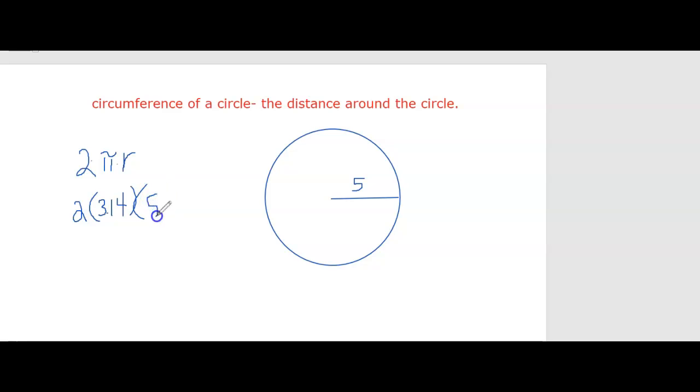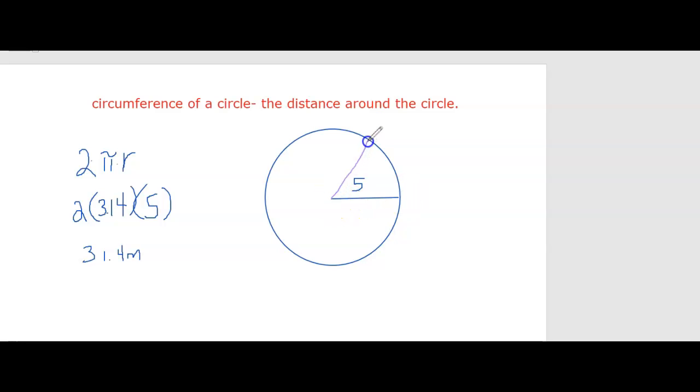So go ahead and multiply that out. What is 2 times 3.14 times 5? Put this video on pause while you work that out, please. Push pause. Good. 2 times 3.14 times 5 is 31.4 meters. Great. So today we're going to learn how to find the circumference of not the whole circle, but just